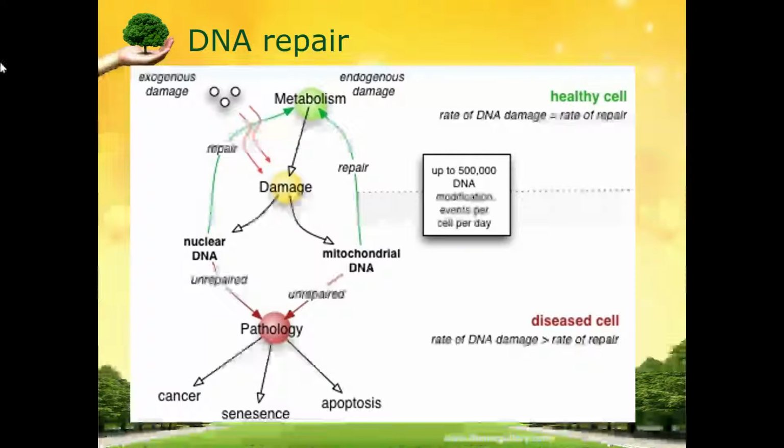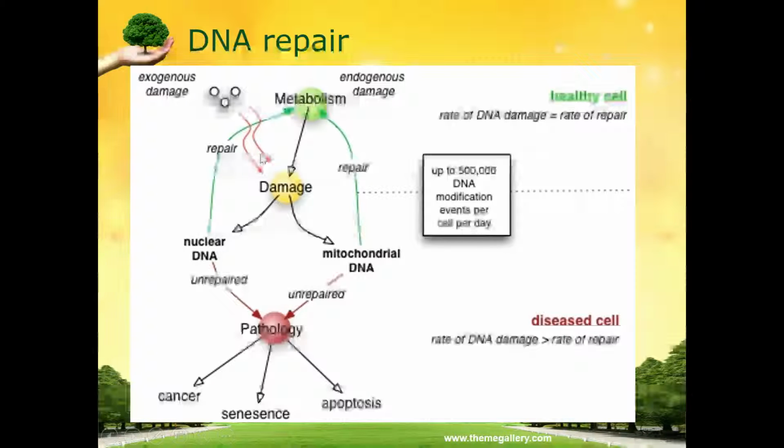DNA repair is a collection of processes by which a cell identifies and corrects damage to the DNA molecules that encode its genome. The rate of DNA repair is dependent on many factors, including the cell type, age of the cell, and extracellular environment. A cell that accumulates a large amount of DNA damage, or one that no longer effectively repairs this damage,